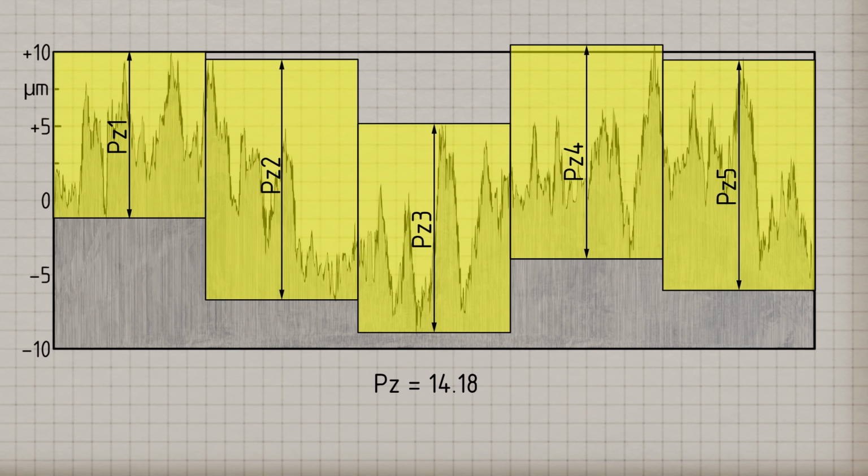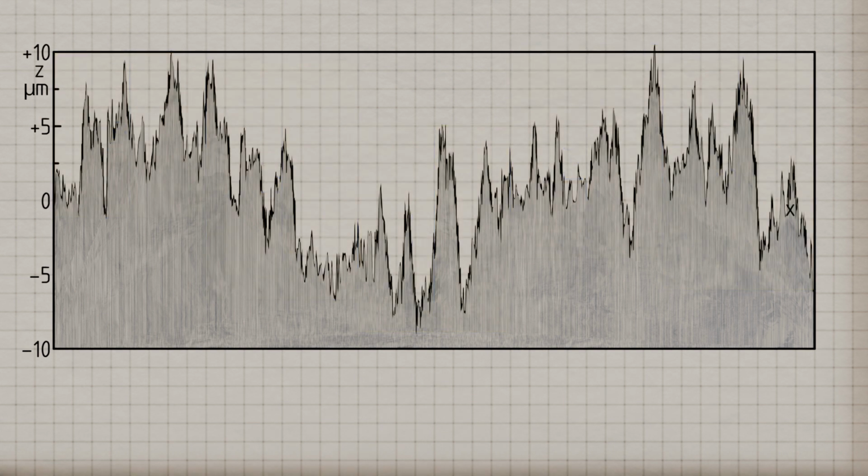In these cases, the RZ value on the roughness profile is referred to as the PZ value when determined on the primary profile, or as the WZ value when determined on the waviness profile. In the case of the WZ value, one does not speak of the maximum height of roughness, but rather of the maximum height of waviness. The same applies analogously to the other familiar surface parameters, which then begin accordingly with the capital letters P, W,